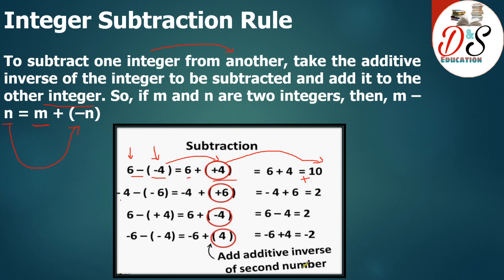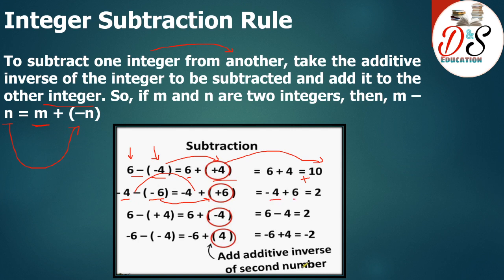Again we have a second example, we have a negative integer, -4 minus 6. What you have to do, you have to take the additive inverse of this 6. So the additive inverse of -6 is +6, and change this negative sign to positive. Okay, here we have changed the negative sign to positive. Now we get our